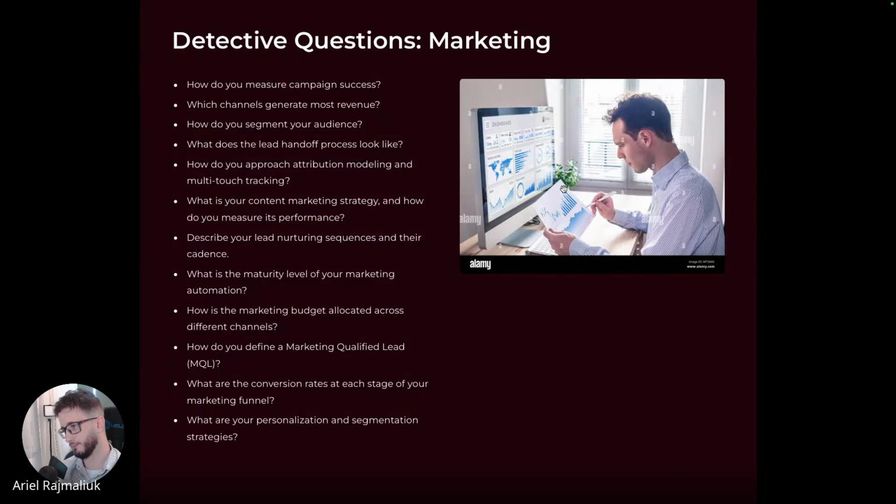And there are more. Here I did another one for marketing that says, well, how do you measure campaign success? Are you using UTMs? You can ask them, how do you use life cycle stages? And you will be surprised that some people don't even know that life cycle stages are a thing. Do you want to explain the difference between deal stages, life cycle stages, and lead status stages? So all these three things are very important.